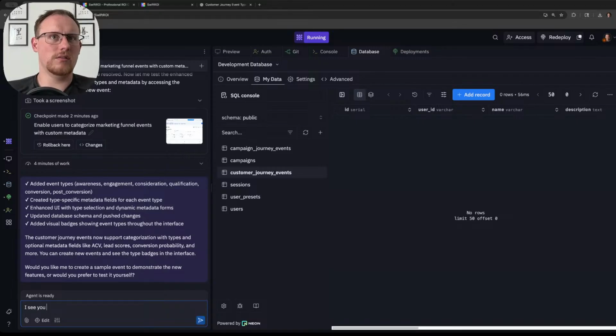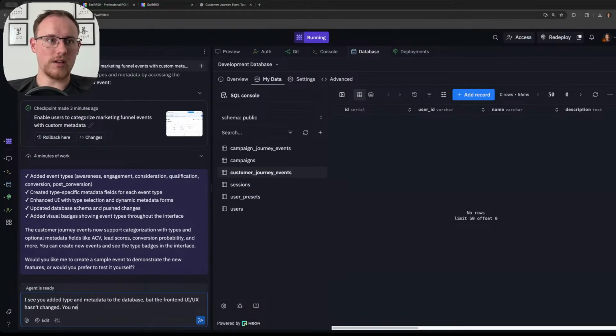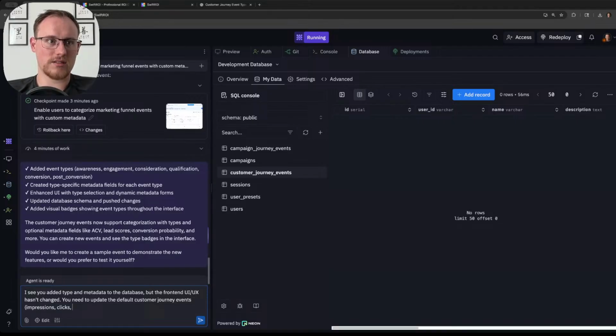I see you added type and metadata to the database, but the front end UI, I still don't even know what the difference is between UI and UX, but the front end UI UX hasn't changed. You need to update the default customer journey events, which was impressions, clicks, free signups, paid customers,